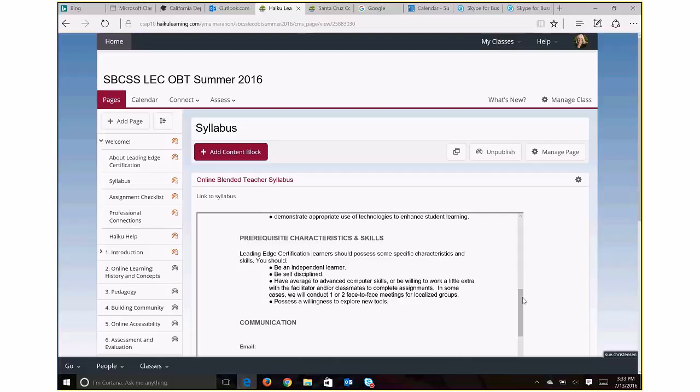Okay, the other thing on the prerequisite skills that I'd like to take note of, it says have average to advanced computer skills. That's going to rule out too many people. We do know that some of you come to us with limited computer skills, and we don't want anyone to not stick with the class because of that.